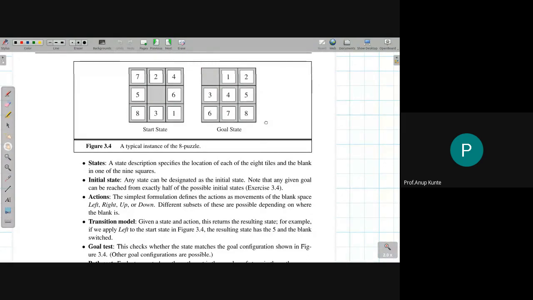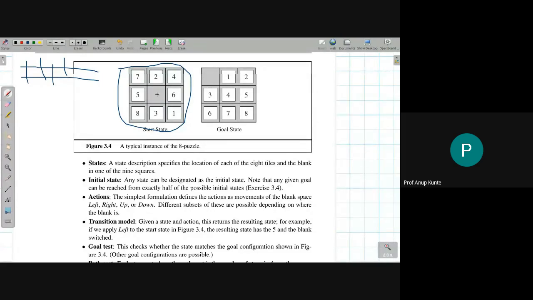What would be the initial state defined like? Probably for this instance of the game, this is my initial state. I may choose a single-dimension array to represent it in code, having 9 values, or I may choose a 2-dimensional array. I may choose a very different representation when it comes to writing the code, but I should have some mechanism to store the state information, using which I should be able to define the initial state. What are the possible actions?